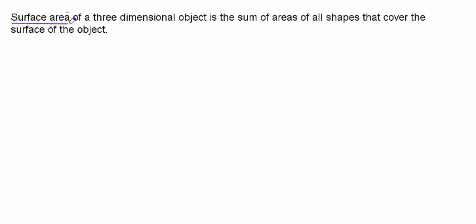The surface area of a three-dimensional object is the sum of areas of all shapes that cover the surface of the object. In this video, we are going to learn how to find the surface area of some common 3D shapes. For a rectangular prism,